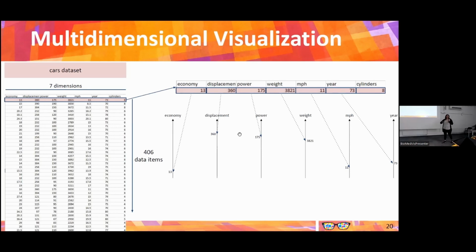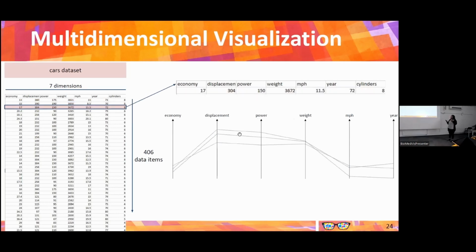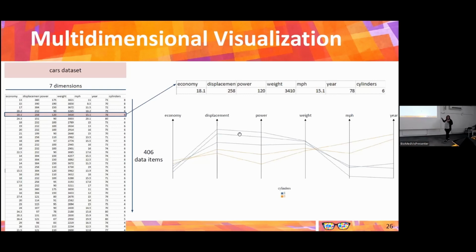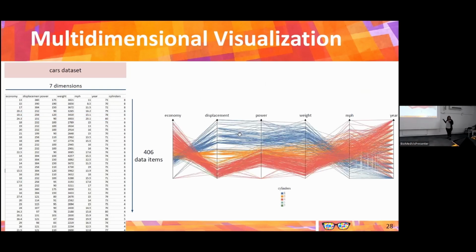When we want to plot this data item, we plot a polyline joining these points. It's quite easy. And you can do this with all your data. Then what we are going to do is overplot polylines. A lot of work has been done regarding parallel coordinates. You can have polylines, you can have curves, you can have a lot of different interactions. You can use coloring to differentiate different categories. In this case, we have cylinders as a category. And you continue plotting all your data set until you have something like this.